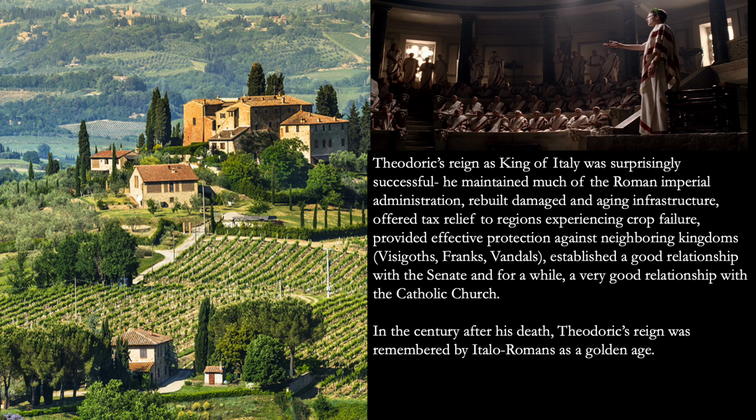And when neighboring people threaten to attack, Theodoric is extremely effective in defending the borders. He is very diplomatically effective against his neighboring peoples and alongside the neighboring peoples. The Ostrogoths get along very well with the Visigoths, for instance. And they cut really effective deals with Vandals and Franks for the most part. They do have a few battles in there, but for the most part they get along reasonably well,